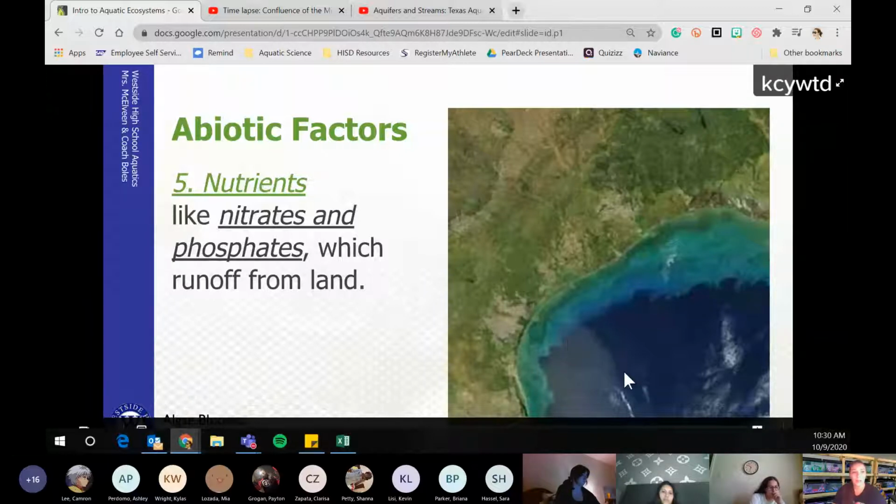If you look down here at the bottom side of the picture, there's a little cloudier part. There's some more brownish water outside of the algae blooms. That is where all the erosion and debris comes from the Rio Grande watershed and dumps out into the Gulf of Mexico. All right, moving on.